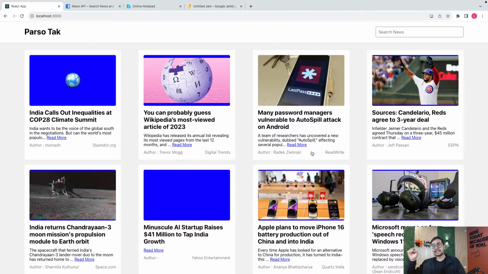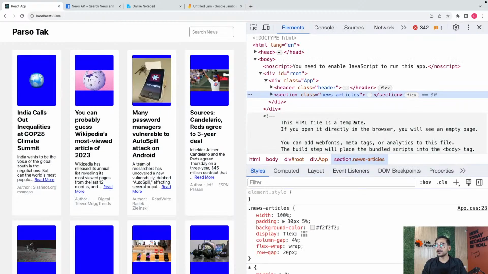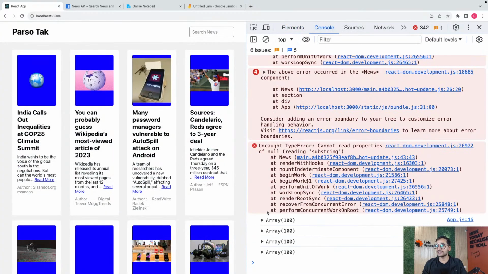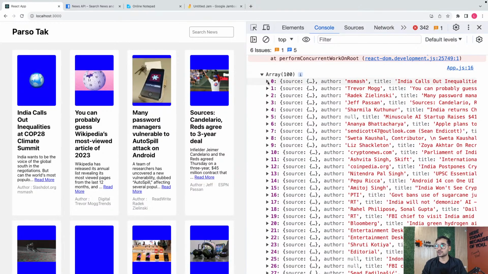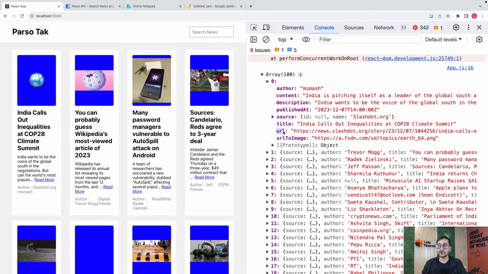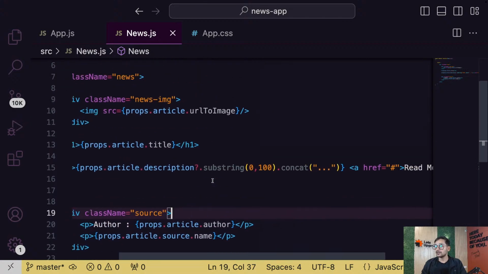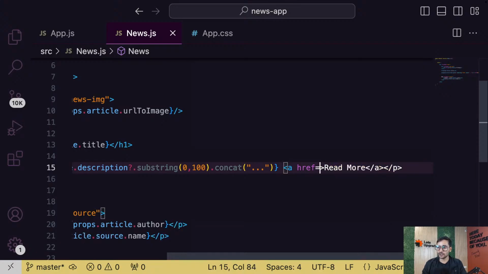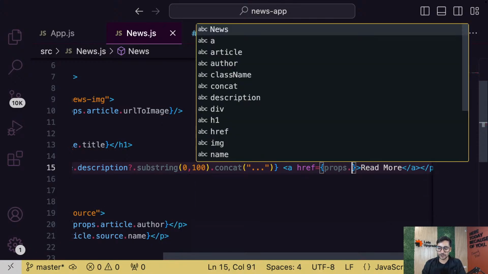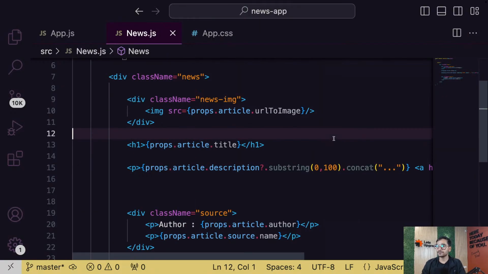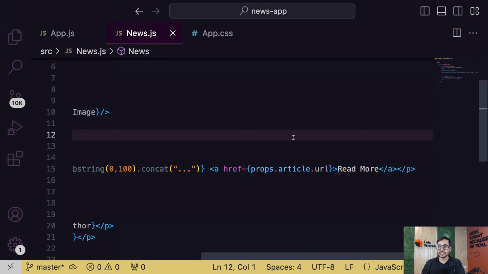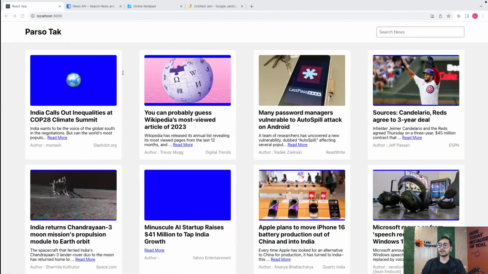And now let's link that read more to the actual article, because guys, you have also got the link of the actual thing. If you check on your console, in that same object, you've also got the link to the actual article. See that? URL. So let's send the user to the actual article if he clicks on read more. For that, in this href, you'll pass the link of the actual article: props.article.url. That's it. And now, when someone clicks on this link, they will go to this URL directly. So now they will go to the real article.